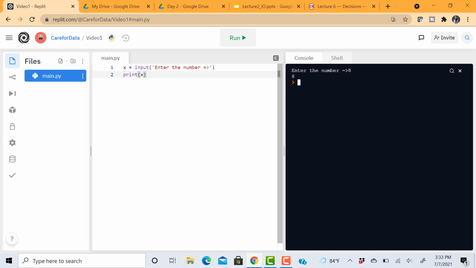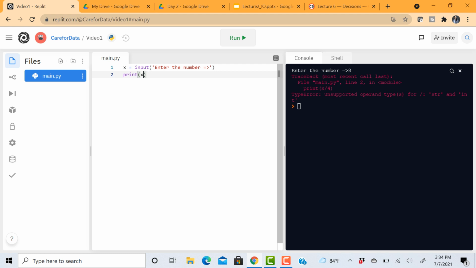And just a word of caution here: whatever input we are reading is of the string type. We haven't looked at the string type, but I think you have a good idea of what a string type is. Anything in quotes is a string, and everything we read in user input is a string. So here, if I want to do something like multiply 2 by this, or maybe x divided by some number, some numeric operation here, and then run this. Let me run it again. Right, this is going to give me this error, and that's because every time I read anything as user input, it's a string type.